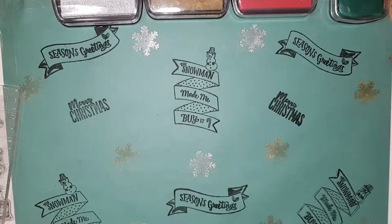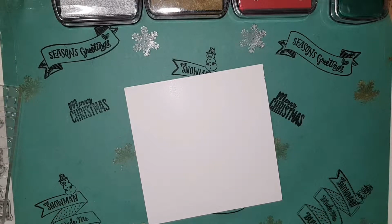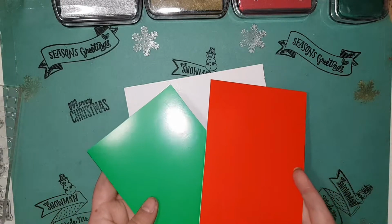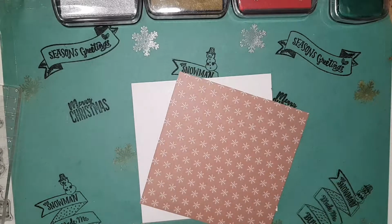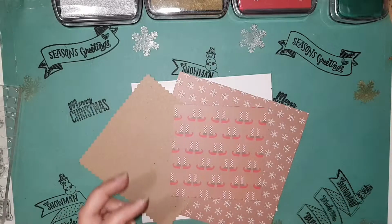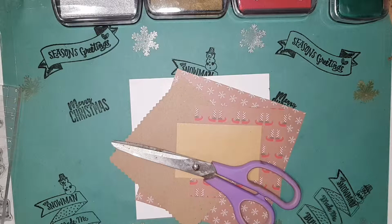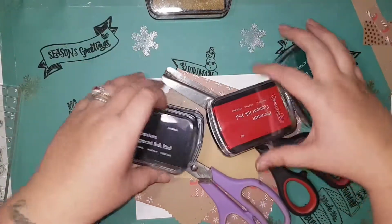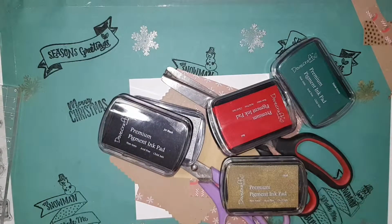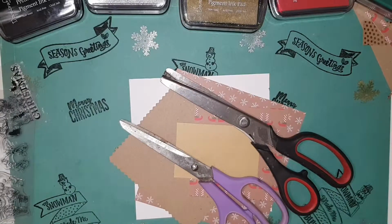So for today's craft, you're going to need a blank card. You can have whatever colour you want. I'm using white, but I also have red and green. You're also going to need multiple different pieces of paper, all different sizes. You're going to need a pair of scissors. If you want, you can use some decorative scissors. You're going to need lots of different inks and some stamps with a stamping pad, and you're going to need